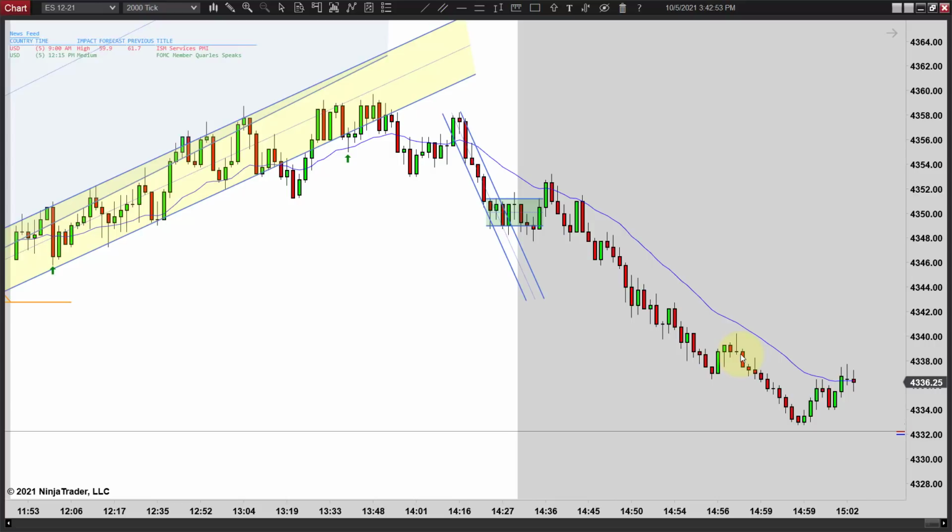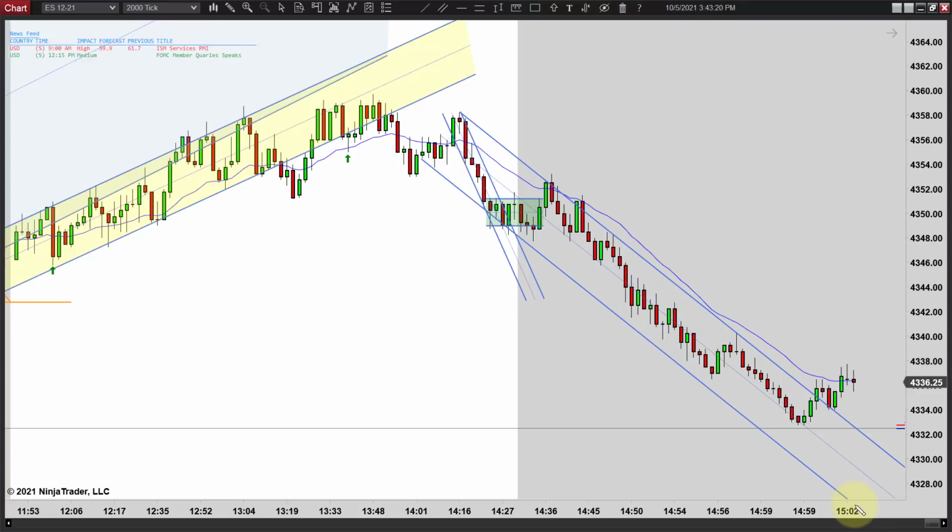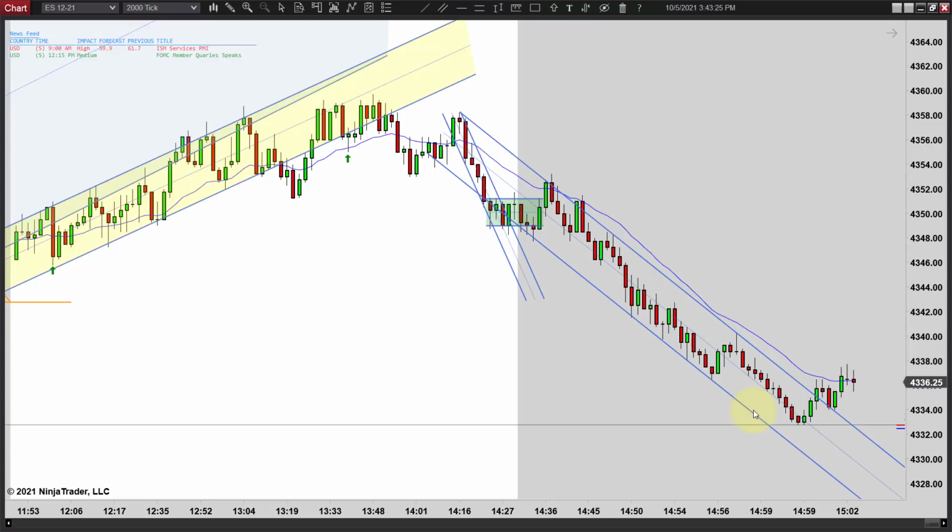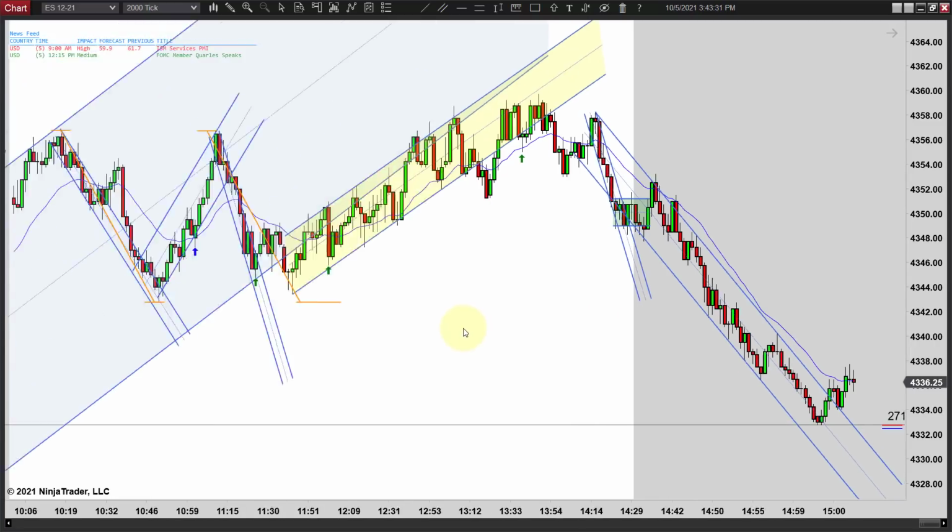But here we are right at that last minute of trading going into 3 o'clock, and you can see all those bars that formed within a minute. And that's what you want to be careful of, not to get burned on something like that. But once again, the trend is down and the price action is still correct. There's another trend here. So you can see that the price action is still valid down through there. Regardless, you just got to be careful because it won't always be so clean.